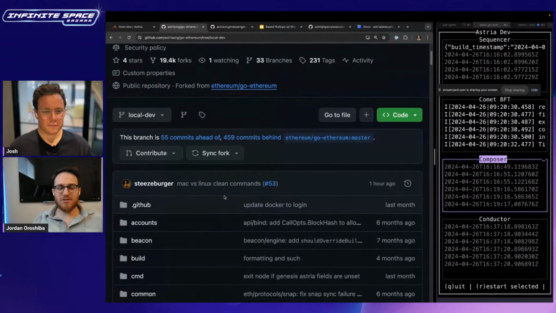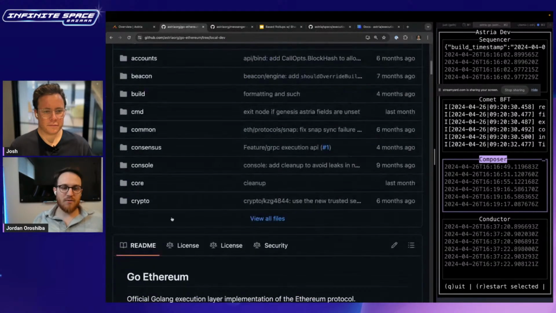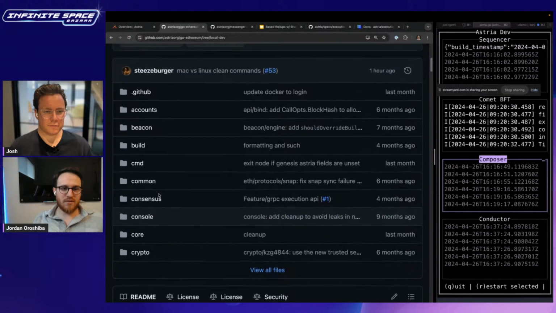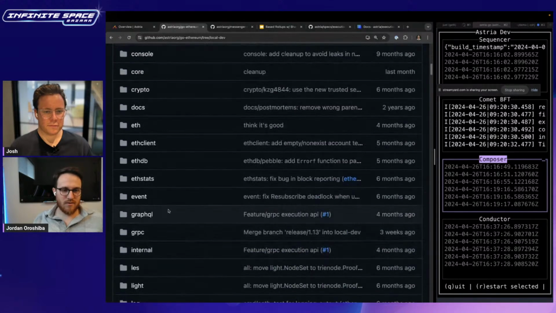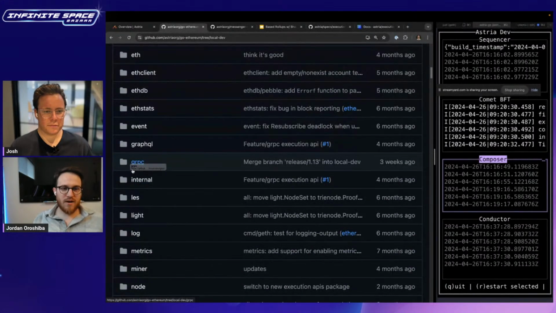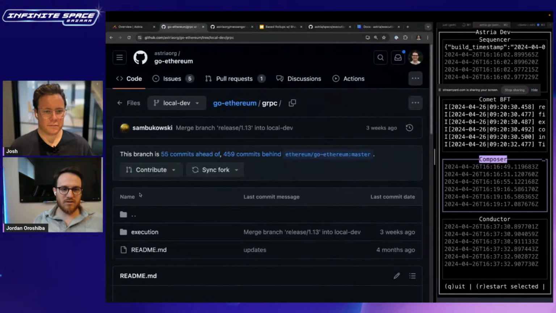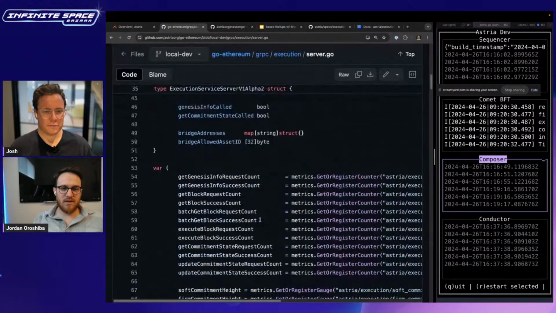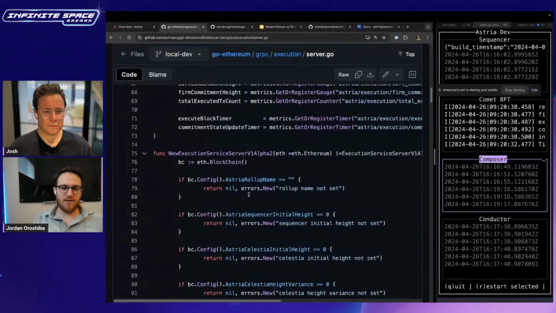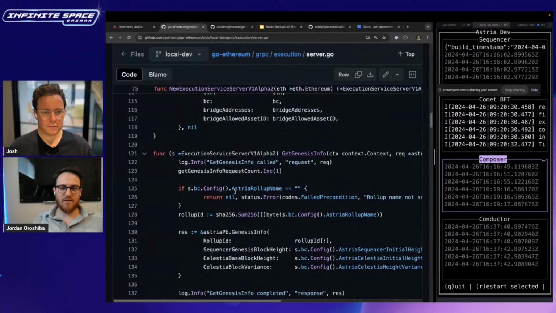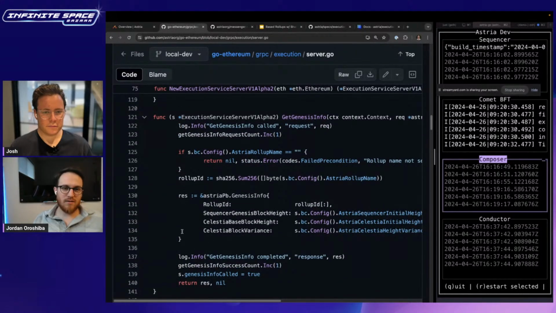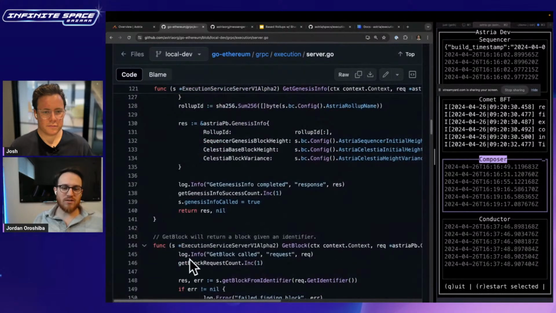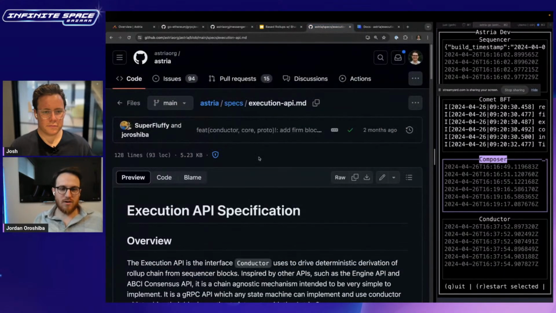But this can be interesting to go and look and see. Within here, I mentioned that we have this server. We've added this gRPC execution server, and this is an implementation of that interface. There's some validation, and these are all of the 8 endpoints that you have to integrate in order to support that API. This is also documented within our